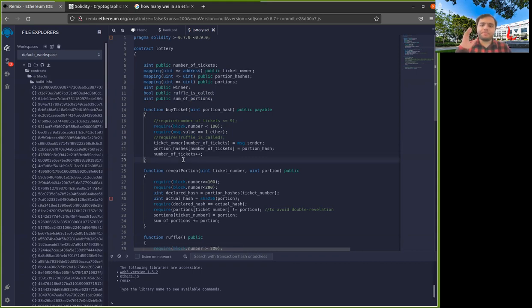I say, when you buy a ticket, you pay the value of the ticket, which is 1 Ether, and you also pay a huge deposit. Now, if you fail to reveal your portion, I will use your ticket value to refund others for their gas that they used, but I will burn your deposits. I will not even pay it to the others. I will just burn it. And burning just means that the contract doesn't pay it to anyone, right?